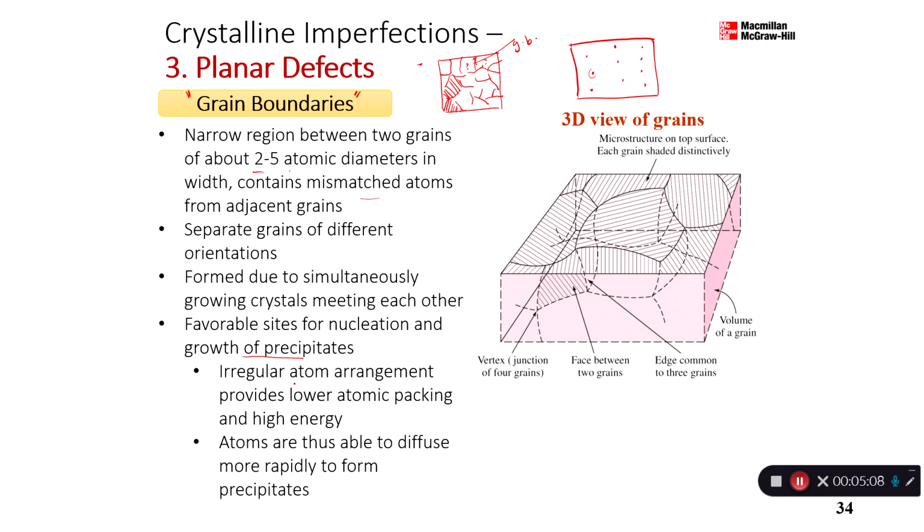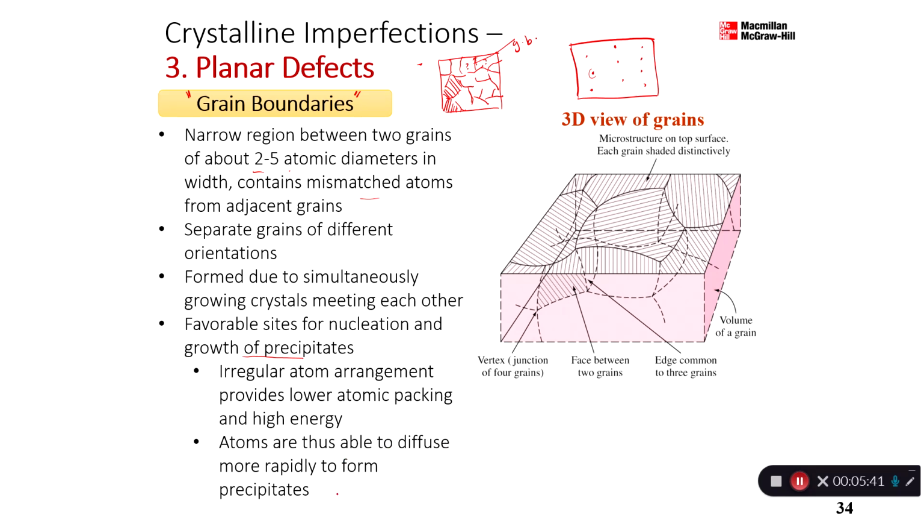Okay, I think you can appreciate this point. Whenever there's some irregularity, this is where unwanted things will form, right? Okay, so irregular atom arrangement provides lower atomic packing and high energy. So this is how it affects the entire arrangement, and atoms are thus able to diffuse more rapidly to form